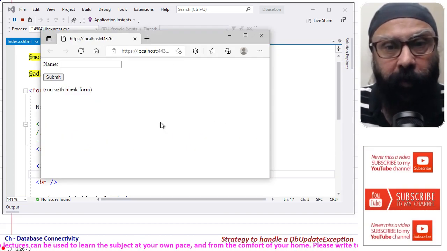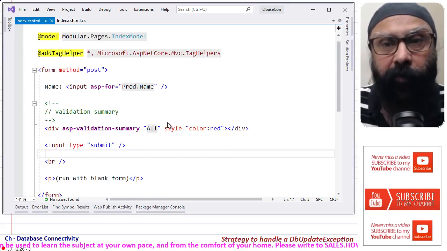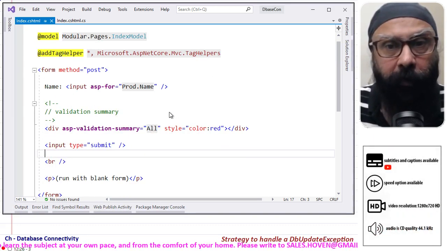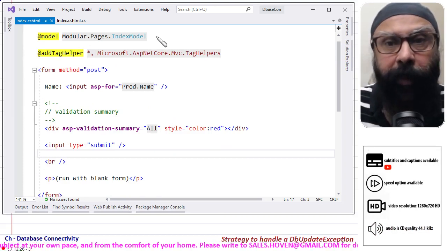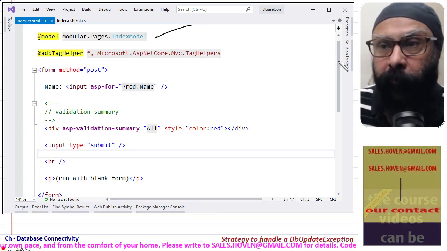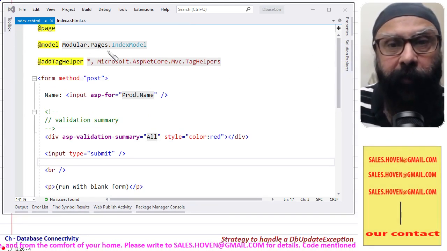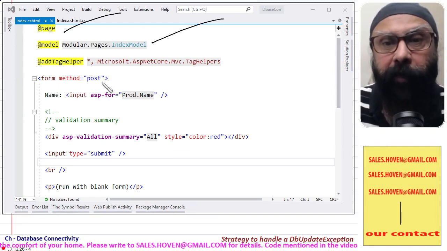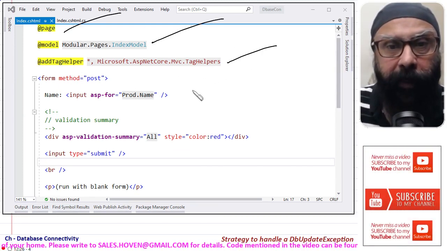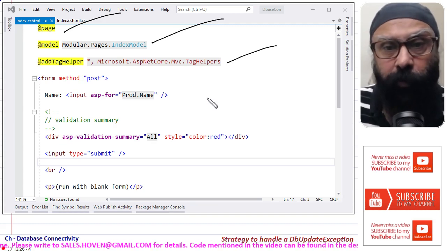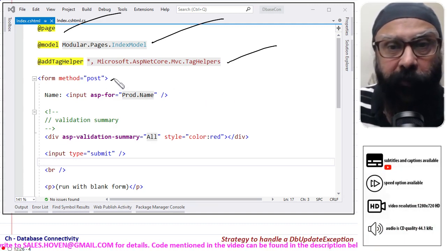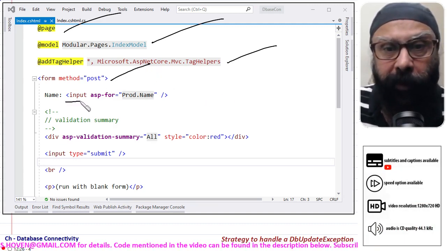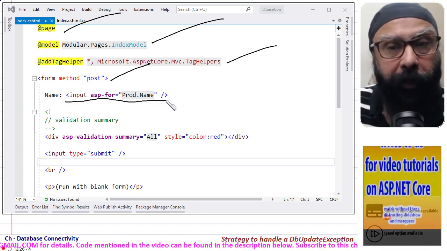So I'll close this for a while so that I can show you the model. This is the page directive, this is the backing class, and these are the tag helpers. These are required for validators to function. This is a form, and there is an input asp-for Prod.Name.